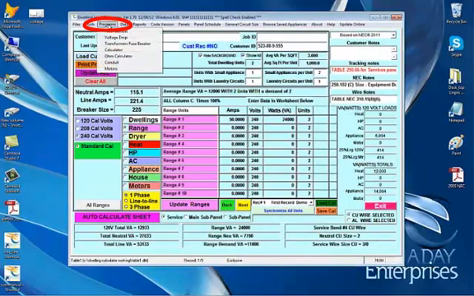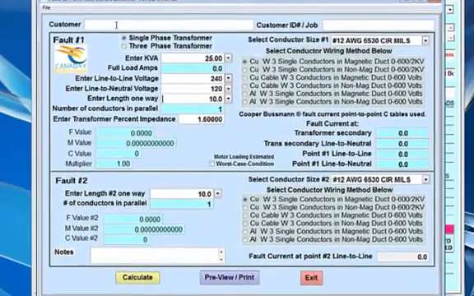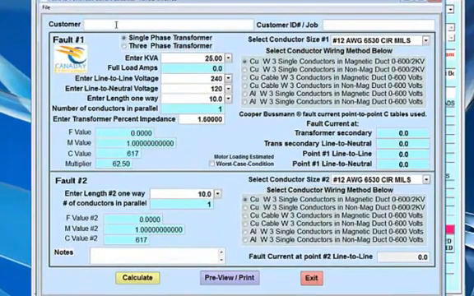Click on Programs, and the first one we have available is Fault Current. Let's go ahead and select that one, clicking on it. Okay, the Fault Current program pops up. The customer is, just do it for a home, so home number 1, and we have a single family scenario